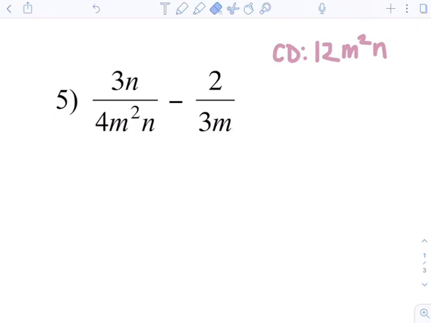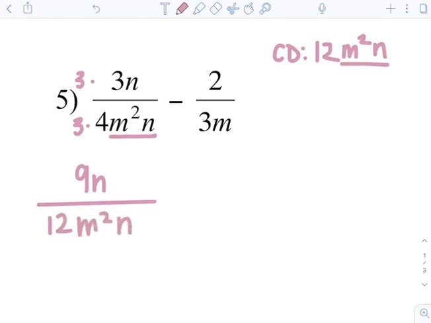Okay, so I'm now looking at my first denominator. I see it already has the m squared n that my common denominator has, so I don't need to worry about changing the variables, but I do need to worry about changing the 4 into a 12. So I'm going to multiply this by 3, and what you do to the denominator, you have to do to the numerator. So this becomes 9n over